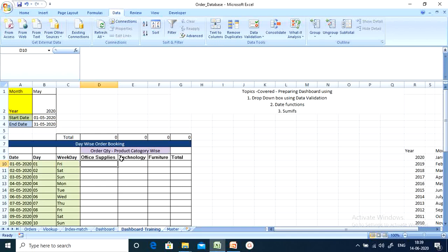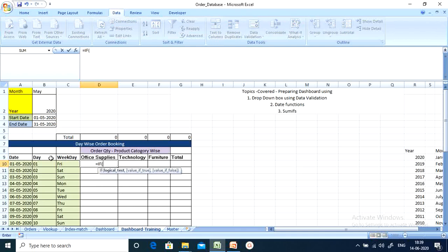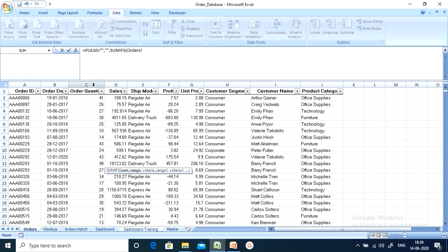So here I have to get my order quantity category wise, tallying with the dates of the current month. Before applying the SUMIF formula, I am going to apply an IF condition formula. If this equals blank, I want to display blank, else SUMIF. Here I should sum my order quantity